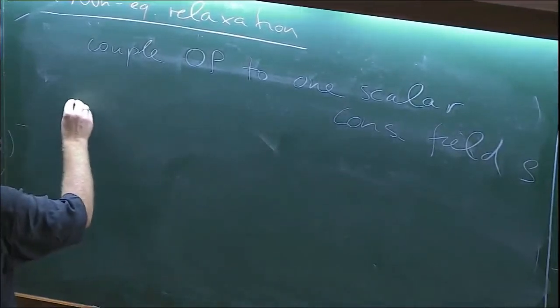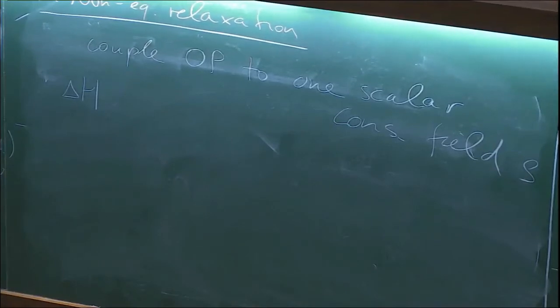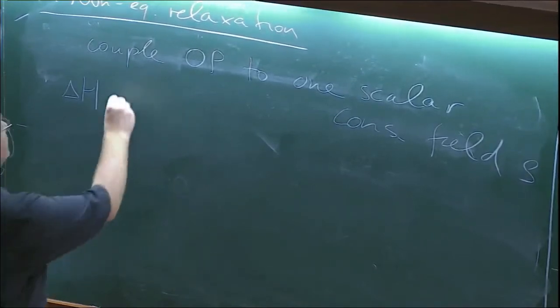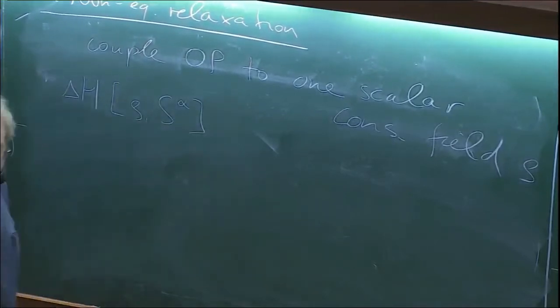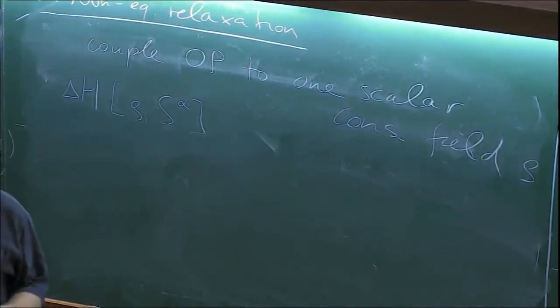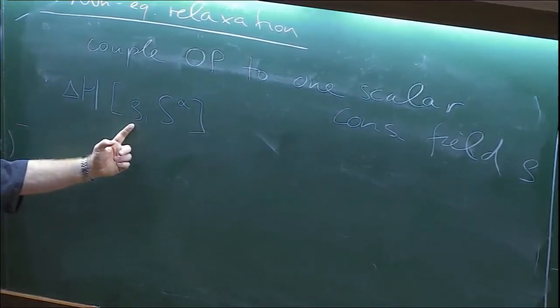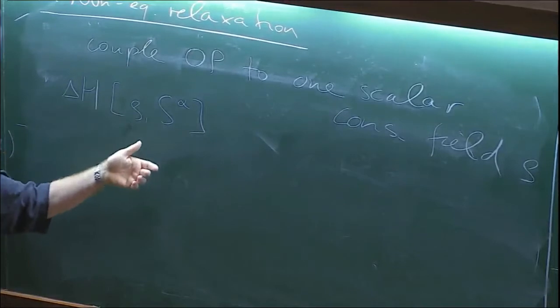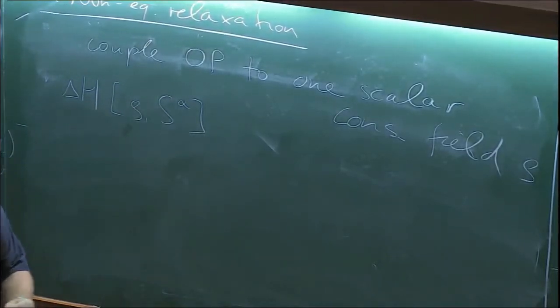So what I need to do is I need to modify this Hamiltonian by adding terms where I have the energy density in there and how it couples to the order parameter. And I'm going to do this coupling in the argument that rho itself is non-critical. So all I need to do is the lowest order terms in rho, and I need to couple it to S, satisfying the symmetries in S.